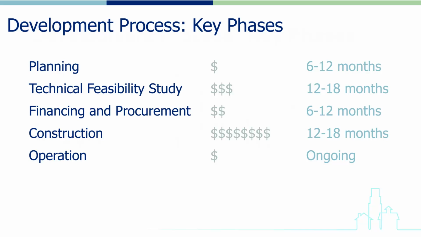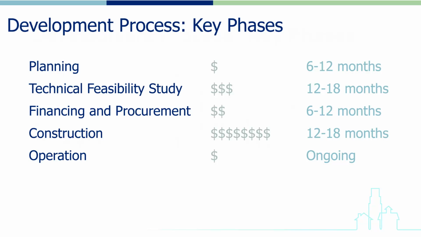The financing and procurement phase basically entails expenses for administering the process of searching and obtaining financing and the process of creating the bid documents that will be used to procure the construction services and equipment that will make up the microgrid itself. This might take 6 to 12 months. That's a fairly fluid number and may cross over with other phases of the project, specifically the feasibility study and/or